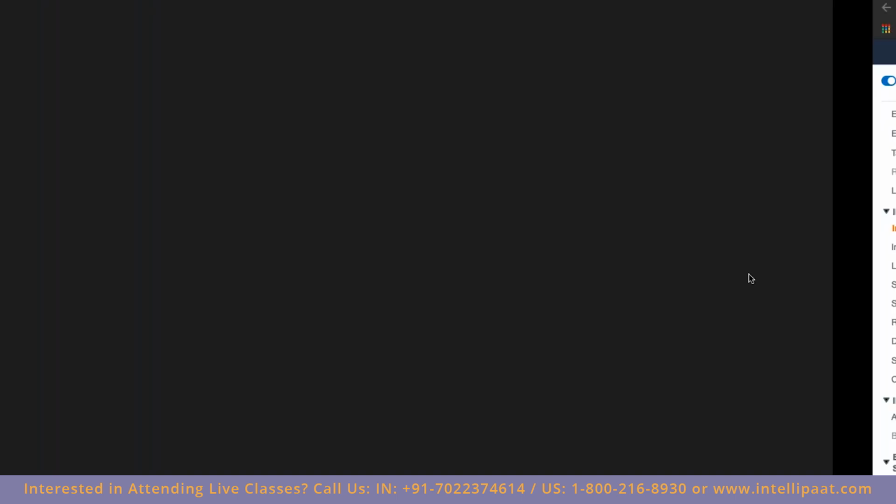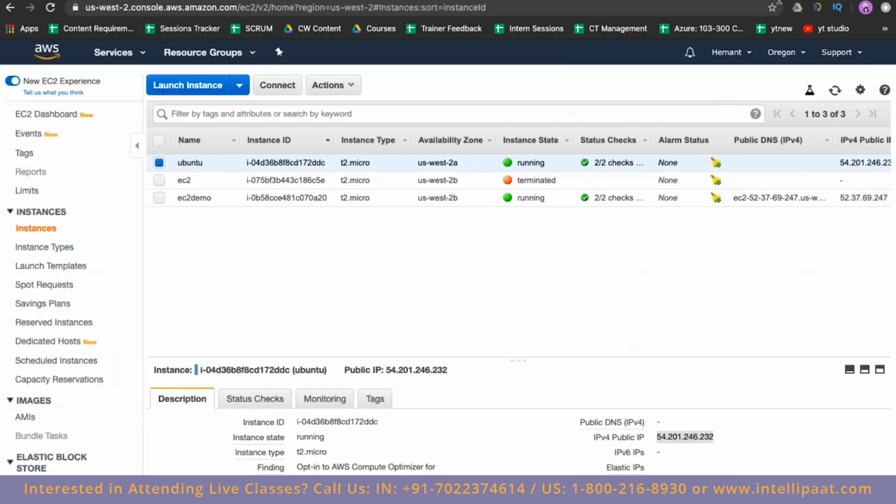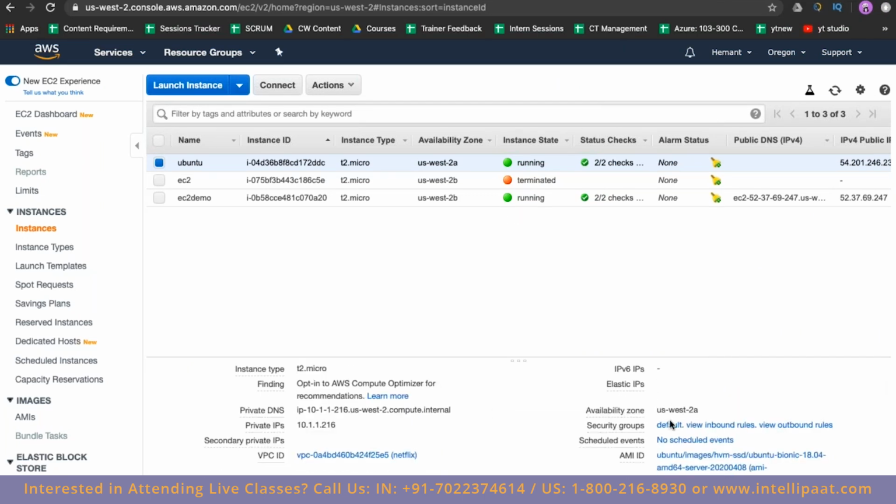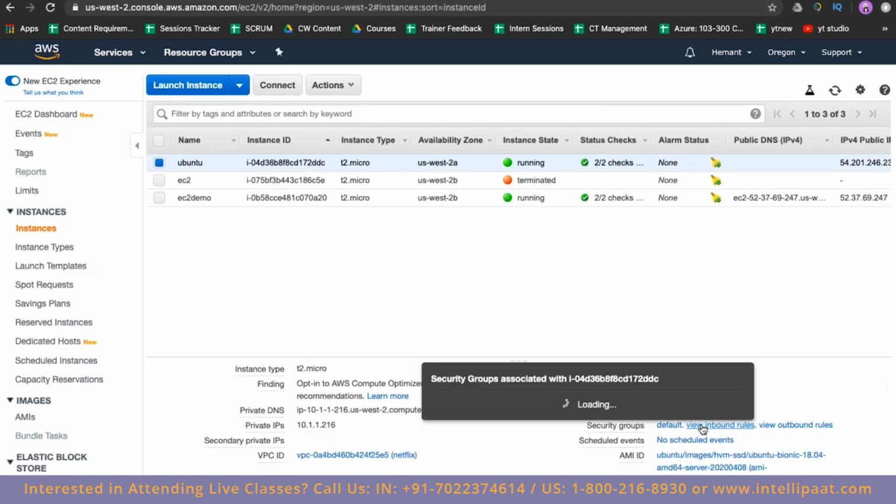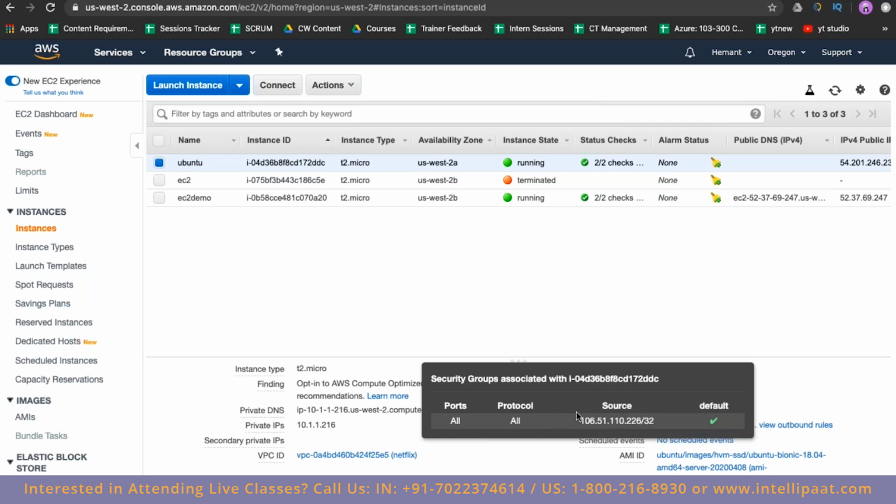Okay, so Mupai is saying security group inbound rules. Can you show once? Yes, Mupai, I'll show you in a little while. Okay, so let me show you the security group rules. Mupai, 1 second. So these are my rules, Mupai. I have enabled every kind of connection from my MacBook to the server that I've just connected to. Okay,